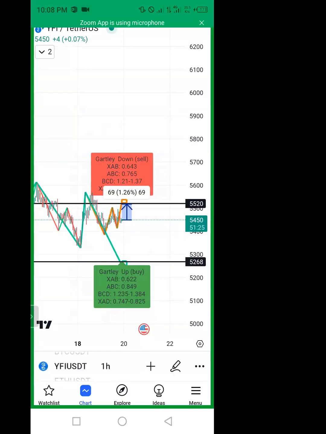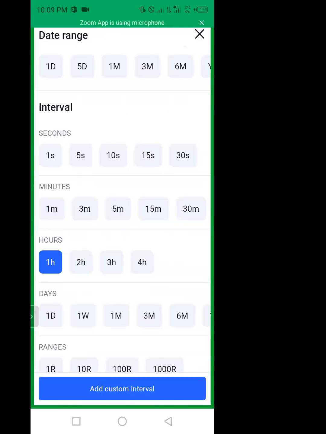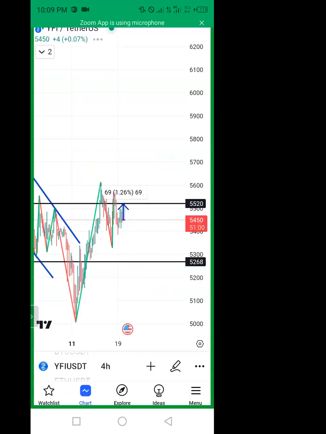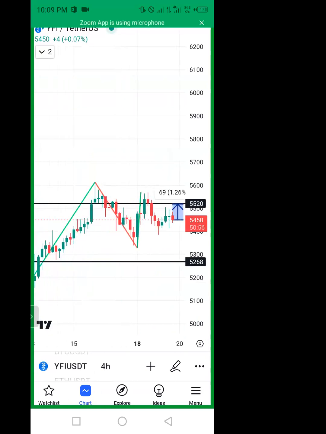I have said the GARTLEY predictor has 2 major lines: the red one, which shows the down movement, and then the green one, which shows the upward movement. Someone was asking, Madam Harriet, if I want to use the GARTLEY predictor to enter a trade, how do I know that I am to enter a trade? This is it. If that is the indicator that you want to use,